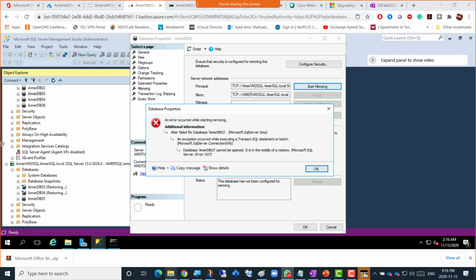Screenshot number 6, mirroring configured and database is in the middle of a restore. Well, that's a long one actually. So take a screenshot here for this error, because it clearly shows it is in the middle of a restore: mirroring configured, and DB is in the middle of a restore. So I'm just gonna go to the